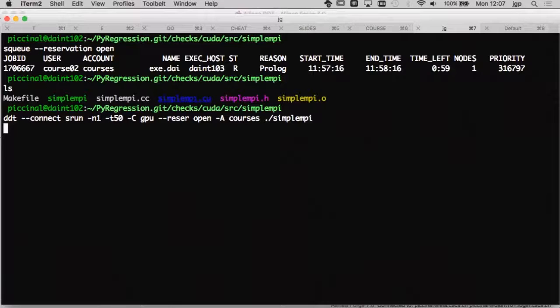Here I just want to show you a very simple CUDA example, but it will be the same with OpenACC or OpenMP.